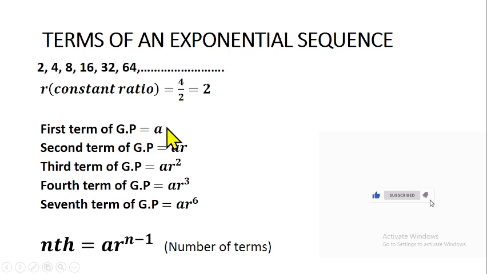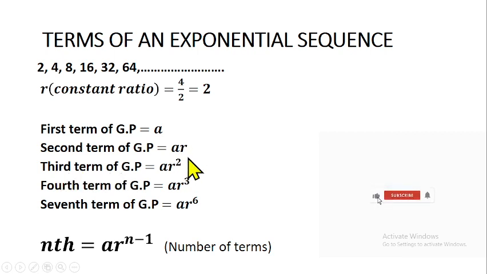The way they got the first term is A multiplied by R raised to power the number of the term you're looking for, which is 1, minus 1. That will give us R raised to power 0. R raised to power 0 is what? 1. Then 1 times A will give us A. In this case, our second term, our n is 2. R raised to power 2 minus 1 gives us R raised to power 1, which is the same as R. That means we have AR.